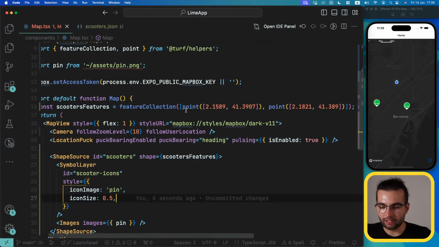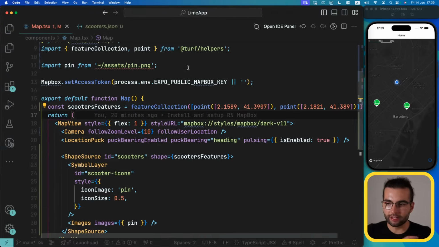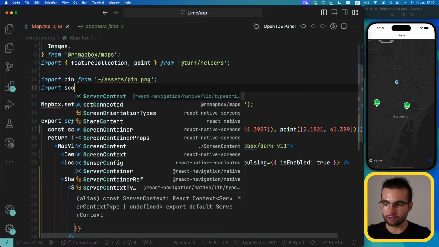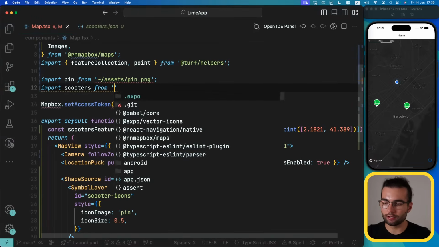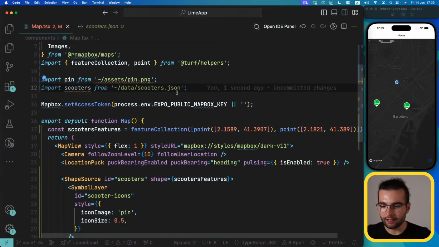And what we want to do is, instead of manually creating some points here, I want to loop through all the scooters that we have in our array and create a point for each of them. For that, let's go ahead and import scooters from data/scooters, and here